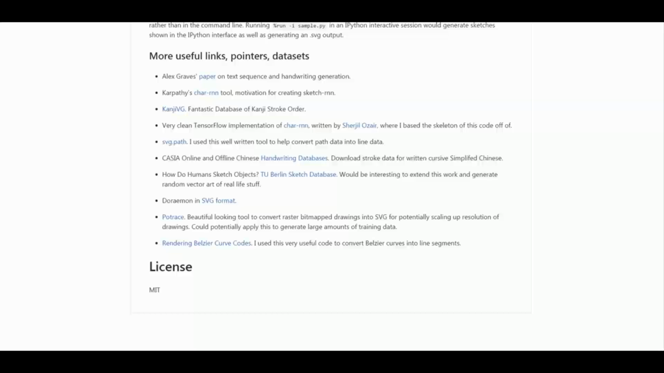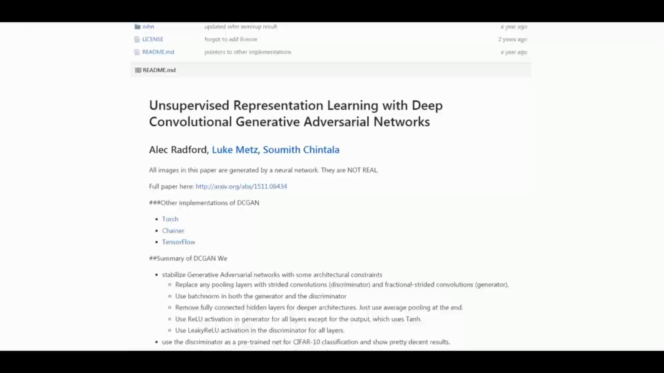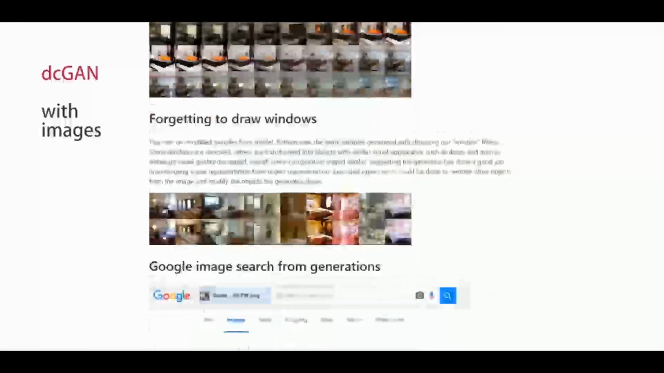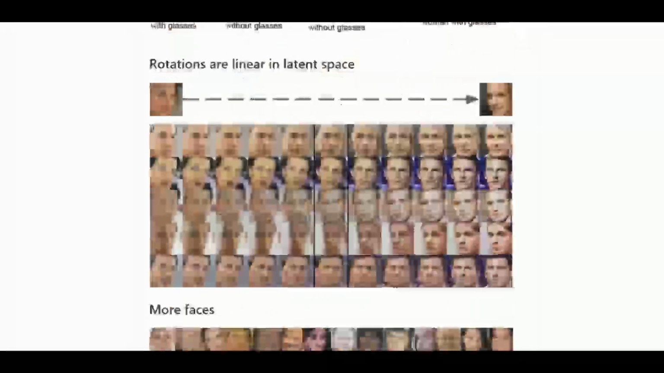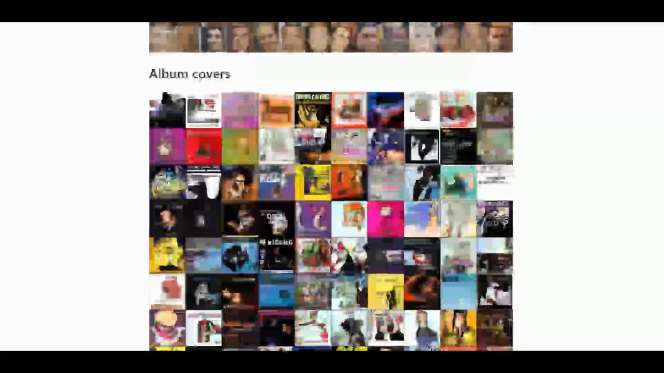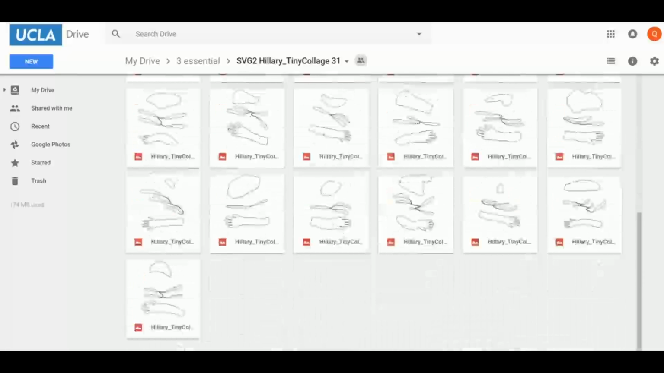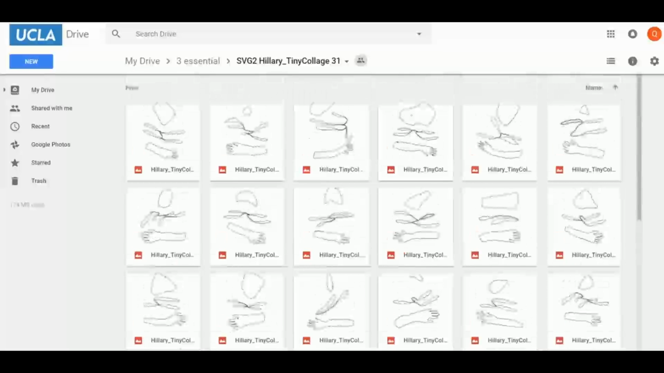And the second model we look at is the DC GAN. You can see it here, the generated model. They use a lot of images to generate something like bedrooms, faces, and album covers, which I like best. So about the data we use for the SVG part, we have